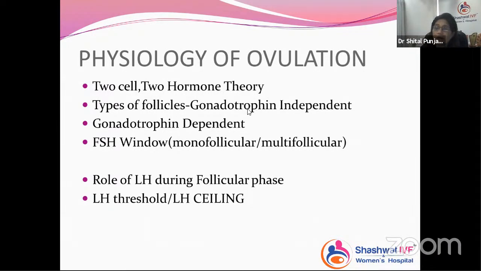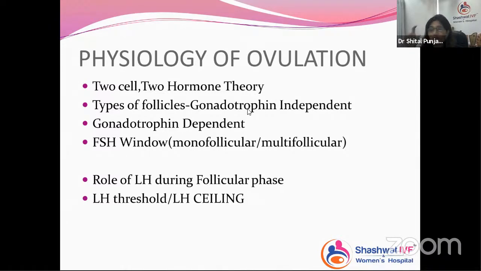But when they are in the gonadotropin independence phase, whatever amount of gonadotropin we give to that patient, sometimes, particularly when there are fewer follicles, a low level of serum AMH and a high or borderline level of FSH, it is our tendency to give an extra dose of HMG or FSH or recombinant FSH, and in a high dose. So what happens? We are not aware that whatever amount of gonadotropin we are pushing,